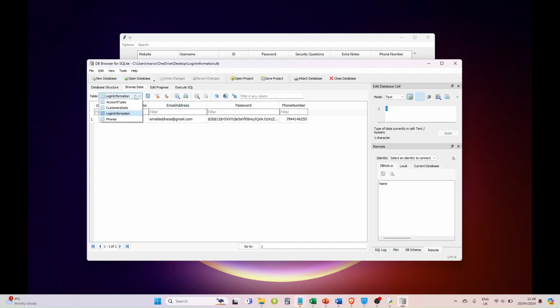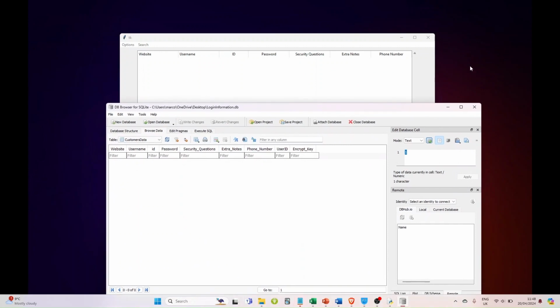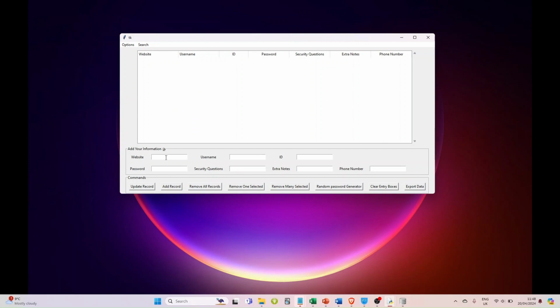Okay. Now any data which I should add should appear in the customers data. There we go. Here, any data which I should add to this should appear in here. Okay. Now let's look at the tree view. Okay. Now let's add a couple rows. For example, let's do website bbc.co.uk and let's type the password. Let's do password